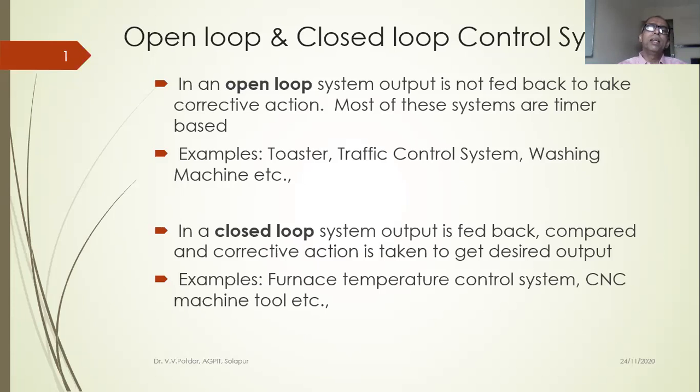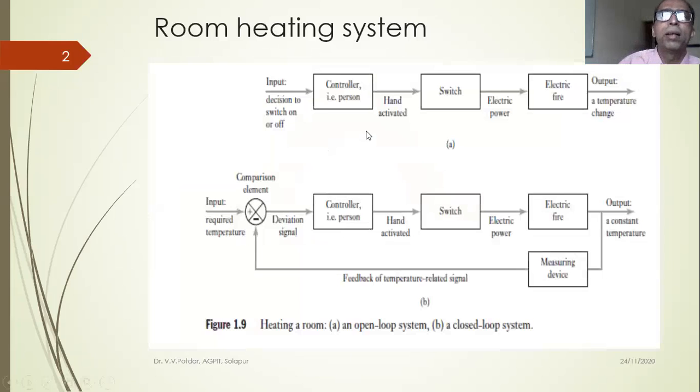So this is what we discussed briefly. Just to take a quick example of open loop system and closed loop system. This is of course taken from Bolton's book, and it corresponds to a room heating system. Room heating system is very common in Western colder countries, maybe European countries or the Americas or Russia, wherein most of the times in a year you have got colder environments, so they require room heating system on a regular basis. The room is heated by burning wood or by using electrical heaters.